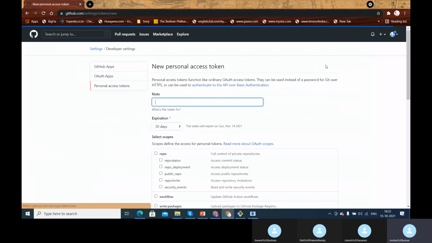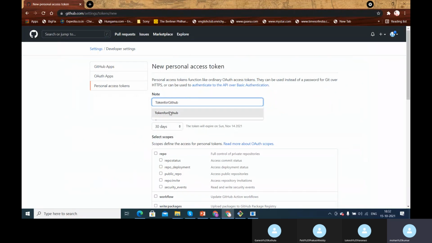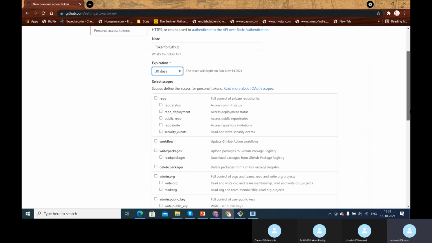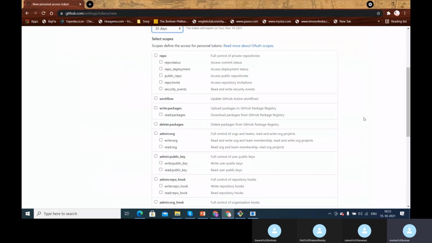Here I will generate a new token by clicking on this. Let's say the name of the token is token for GitHub. This is the token name, and the expiration is whether you want it to expire in 60 days, 30 days, or whatever. I'm giving it as 30 days for now. Then the scope, what level of access you want to give for this personal access token.